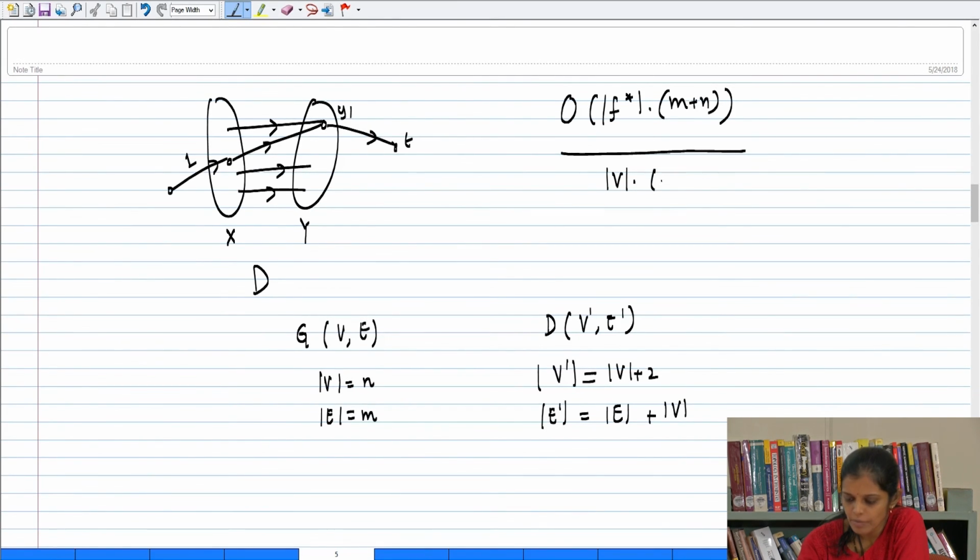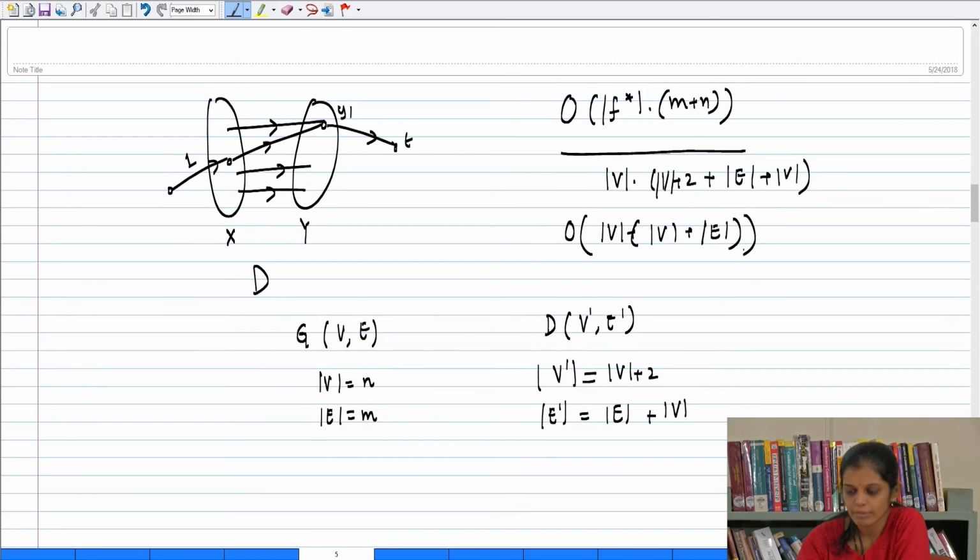So V times (cardinality of V plus 2 plus cardinality of E plus V), the overall term happens to be V times (V plus E). We will hide all this in the order notation,